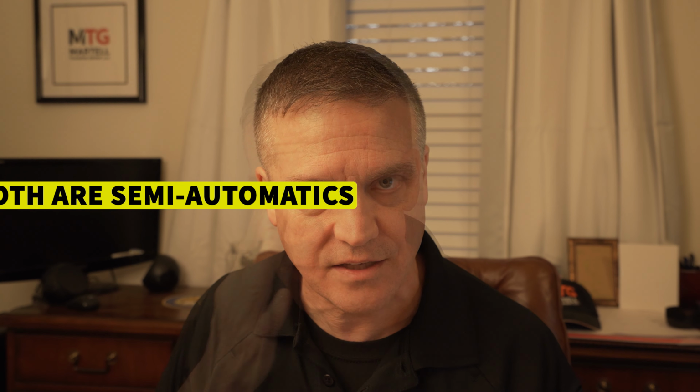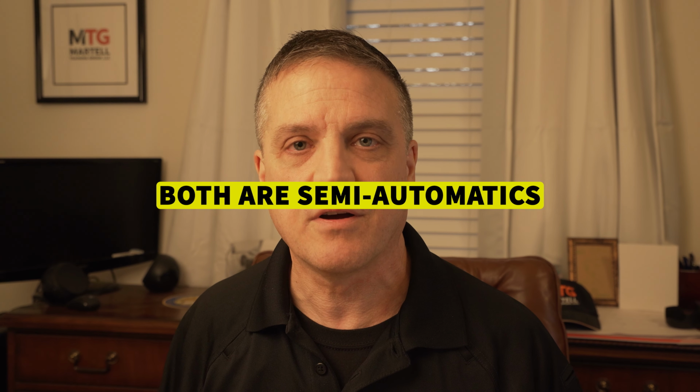So for example, I have a Glock 19 Generation 5, and I also have a Glock 43. They're both Glocks, they're both handguns. One's a compact, one's a subcompact. One has 15 rounds in the magazine, one has 6. If you've ever fired a Glock before, you know what I'm talking about. They fire the same way. One's a little bigger, one's a little smaller. If I qualify with my Glock 19, to me, I shouldn't have to qualify with my Glock 43. It's really the same gun, it's just smaller. They make it smaller so you can carry concealed. It's easier to carry concealed. That's how I think it should be, and that's how it is for police officers, retired and active, carrying under